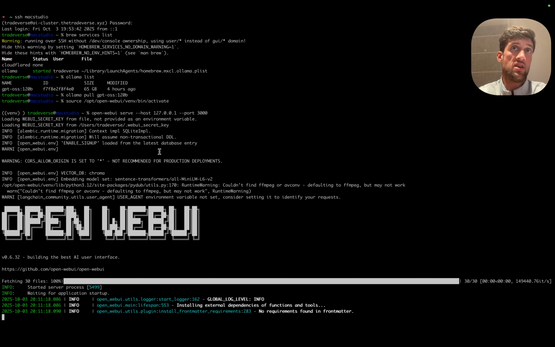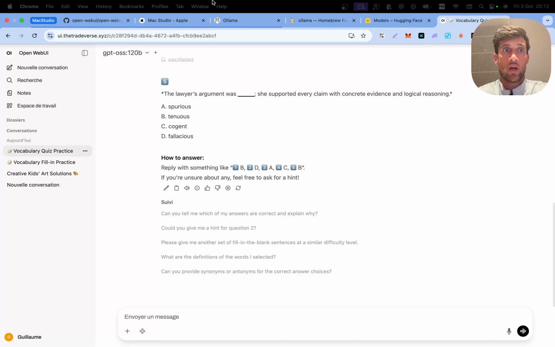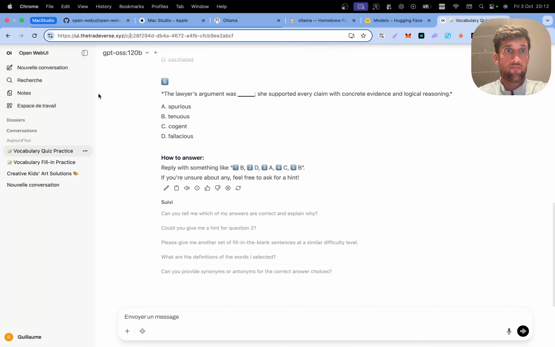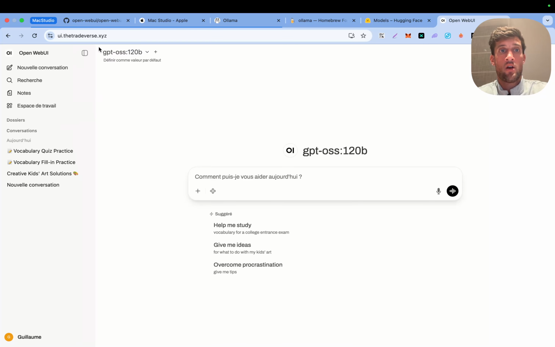You can use a VPN to have your web server on the Mac Studio available on the outside, or I'm using Cloudflare tunneling. I'm not gonna show you and explain how it works, but if you have some questions, just drop them in the comments. Just so that you know, I created this DNS to be accessible from the outside